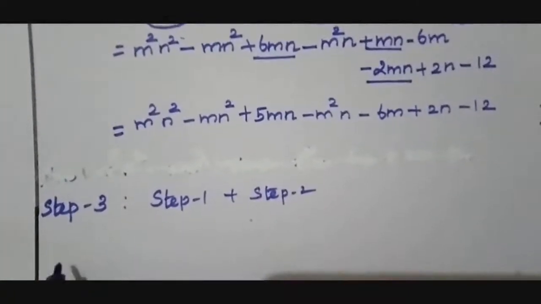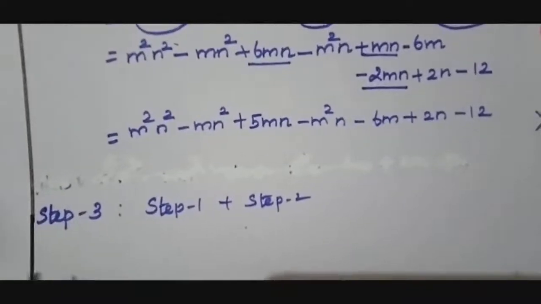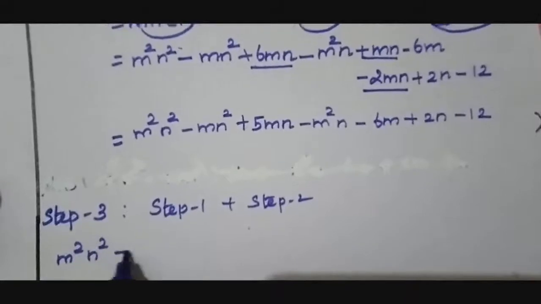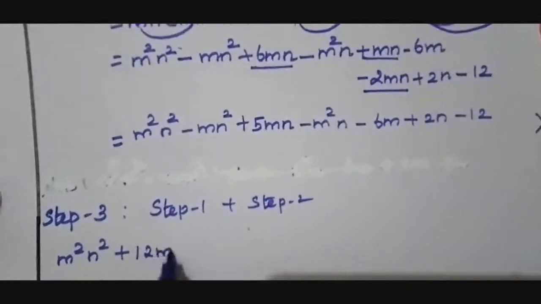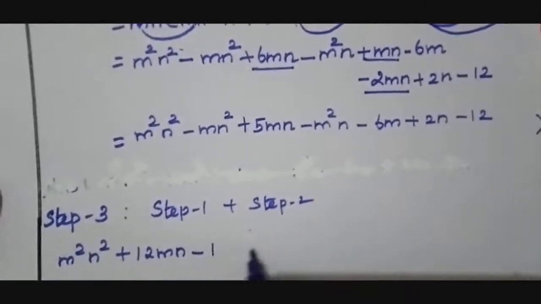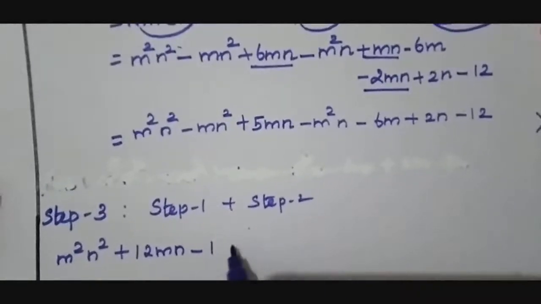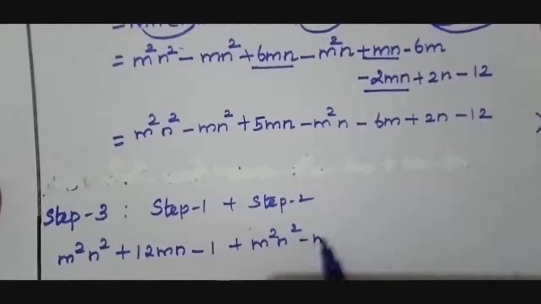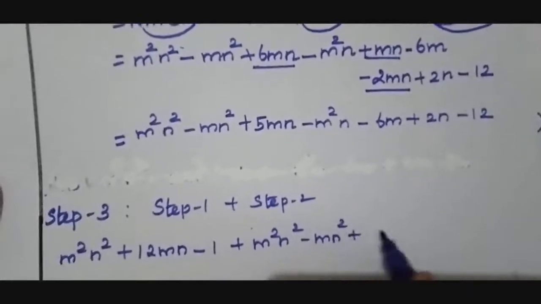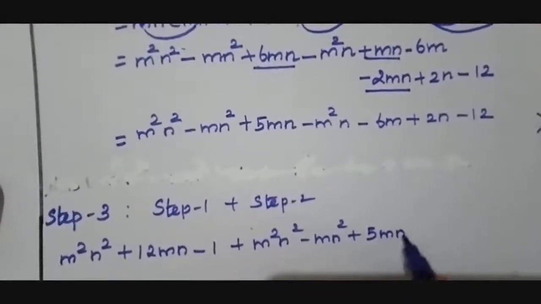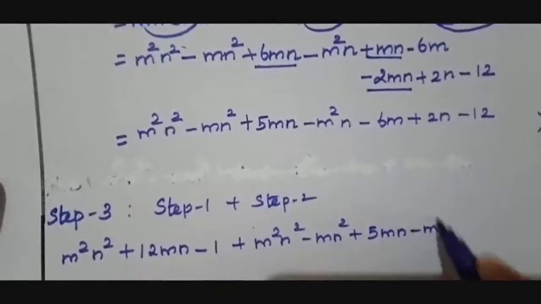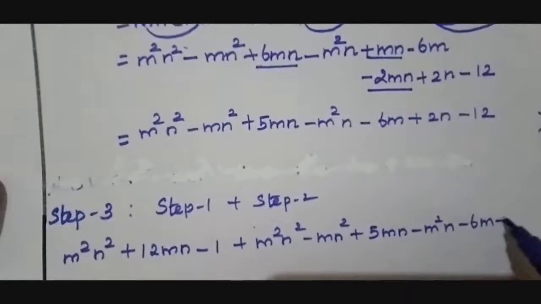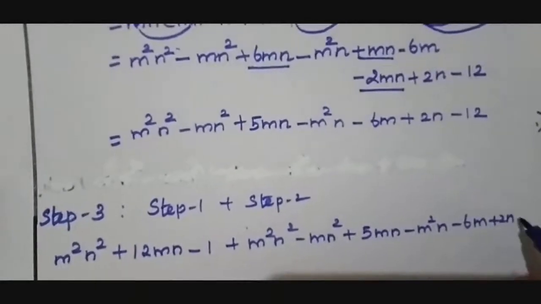Now step 1 answer is m square n square plus 12mn minus 1, and step 2 answer is plus m square n square minus m n square plus 5mn minus m square n minus 6m plus 2n minus 12,